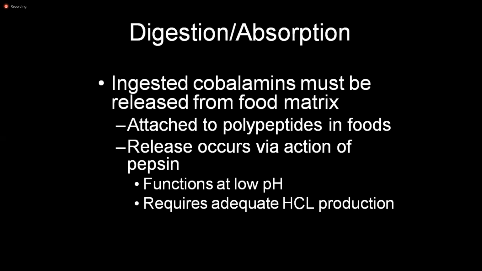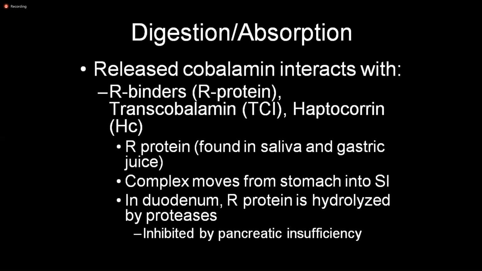When this vitamin B12 is separated from the protein, it may be absorbed. And immediately after release from the protein, it binds to another protein known as R binder. R binders are present in the intestine. Okay, R binders are even present in the saliva. And similar to the R binder, there are many other proteins that immediately bind to the free cobalamin in the stomach, those are transcobalamin and haptocorrin.